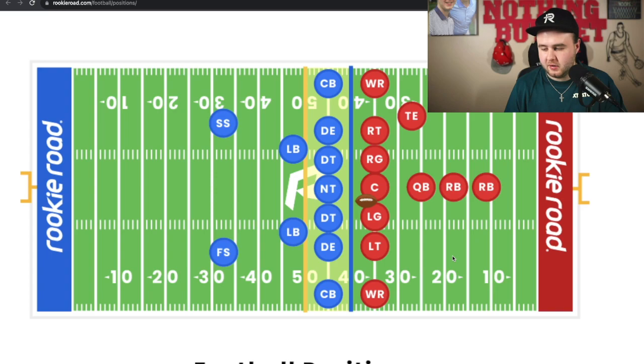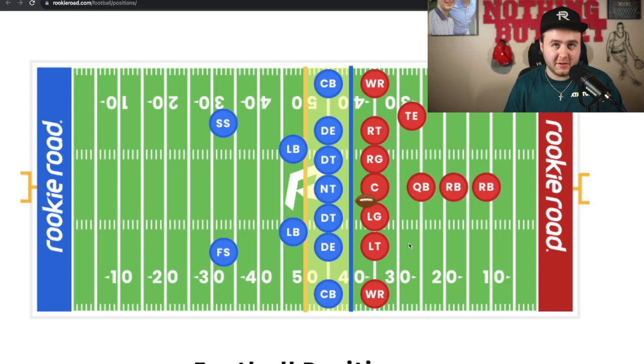So let's say they get to the 28-yard line and don't get it. And let's say it takes them 3 downs to get there, so it is 4th down. You did not make it to the 30-yard line. If it's 4th down, you can do 3 things. You can go for it on 4th down, which is your final chance. You can go for it to try to get the first down,